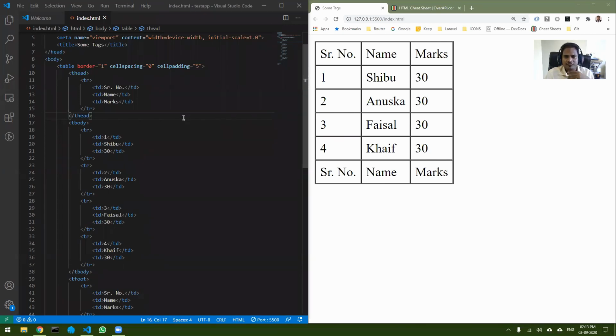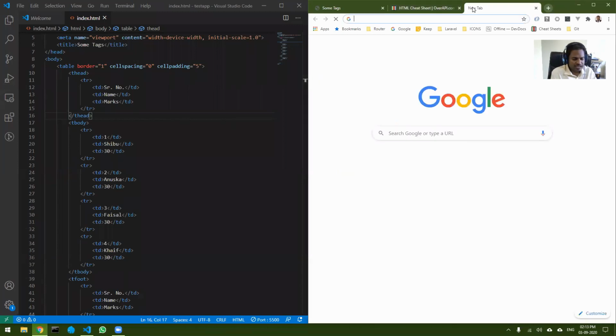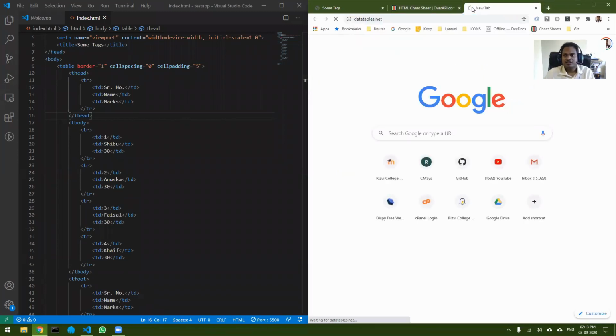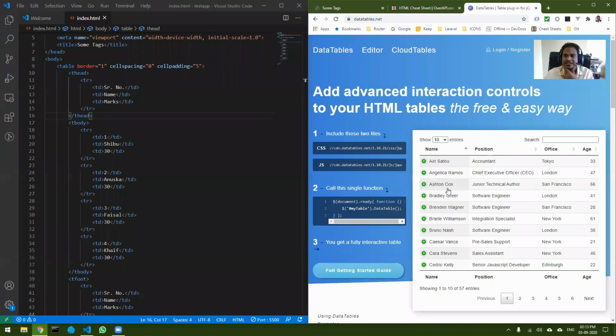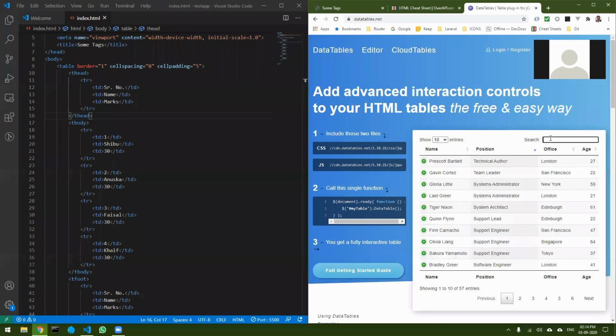Also, when you start using something called DataTables, this is a wonderful library which I have used in almost every application that I've created. It gives you many features, like a sorting feature, a search feature, all of that out of the box.